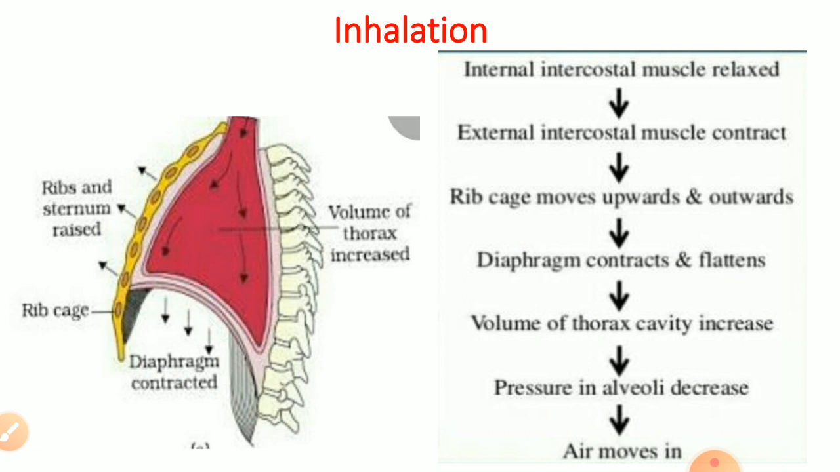The rib cage moves upwards and outwards, and just like that, the diaphragm contracts and flattens. In this diagram, you can see the diaphragm contract and get flattened. So because of this, the ribs also move upwards and outwards, and the diaphragm contracts and flattens. So the volume of the thoracic cavity